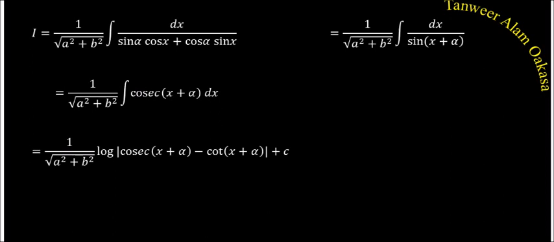And I also know that this thing can be further solved. This cosec of x plus alpha minus cot of x plus alpha can be further simplified, and it becomes log of tan of x plus alpha by 2. So these are the standard forms of integration. We have seen that there are 17 standard forms, so I have converted this into one of the 17 standard forms, for which I directly know the answer. Okay, so this was the first form, and the method was to convert it into one single trigonometric term. Now let's see the second form. Here in the denominator I have an extra constant term.